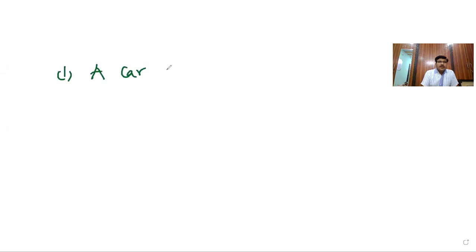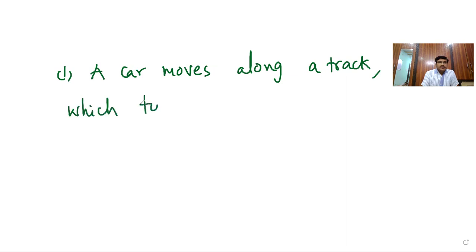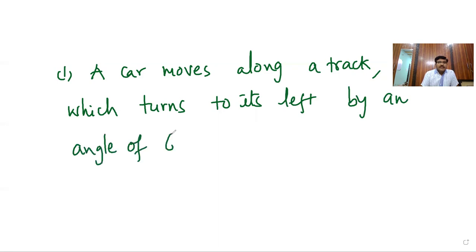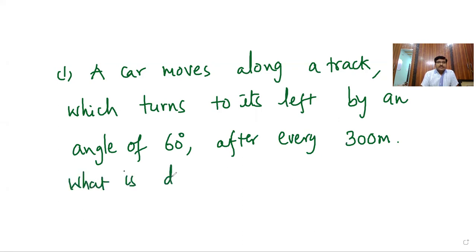A car moves along a track, which turns to its left by an angle of 60 degrees after every 300 meters. What is the distance and displacement